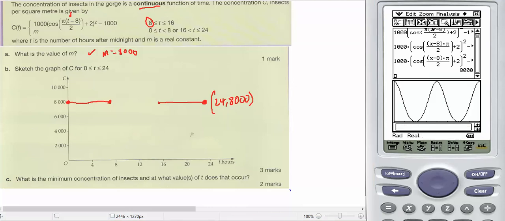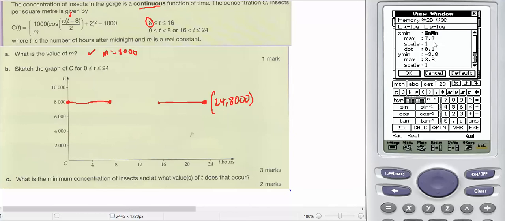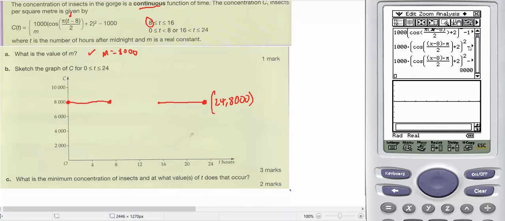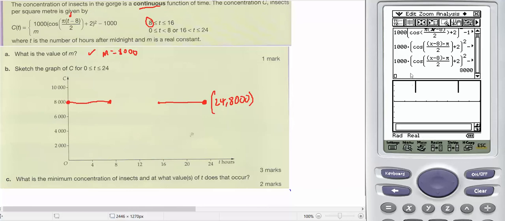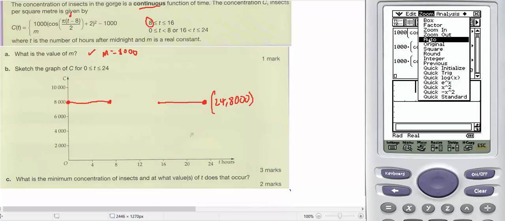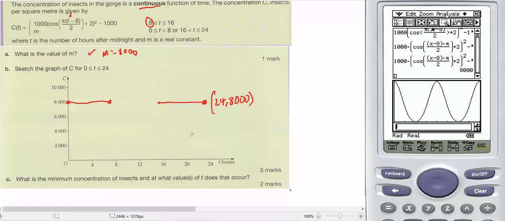Open up the graph, edit, clear all, okay. I'm going to change my window from 8 to 16. Okay, I'm going to get my rule, which is this. Drag and drop it. Zoom auto. And there it is. If I go analysis, trace, when it's equal to 8,